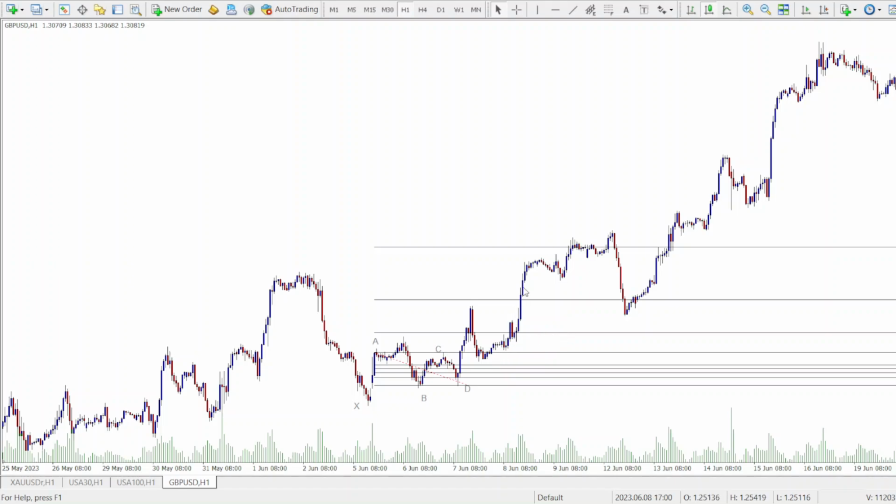So maybe if you are targeting a higher profit target, you might want to be trailing your stop loss after the price gets to each of these Fibonacci levels. Maybe when price gets to 100%, you might want to bring your stop loss up from your initial position. For example, from the X point, you might want to take your stop loss to break even once price gets